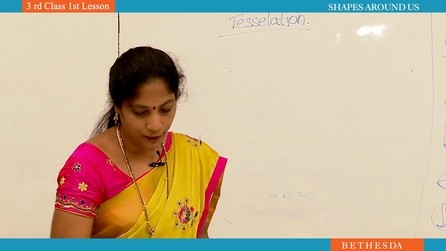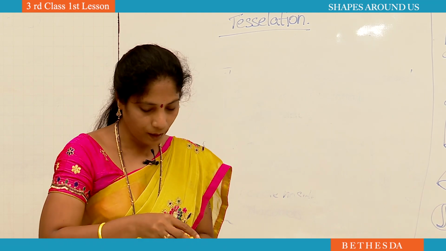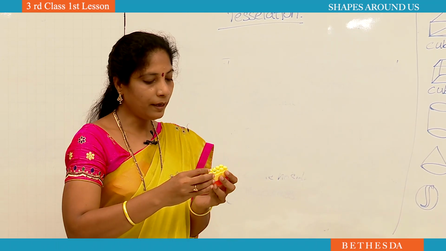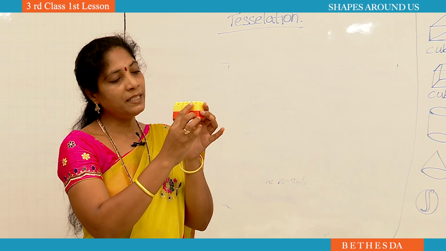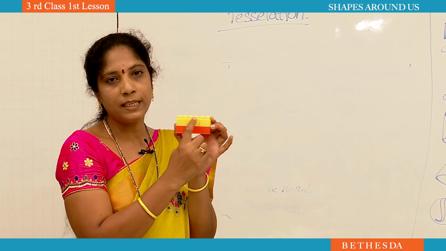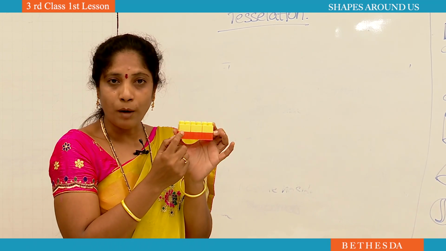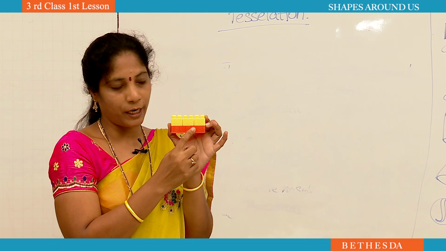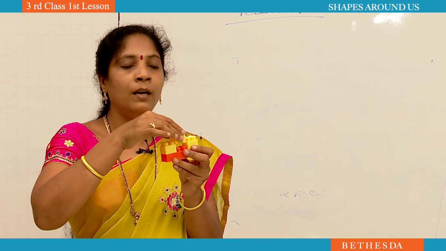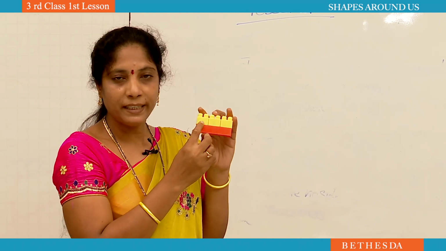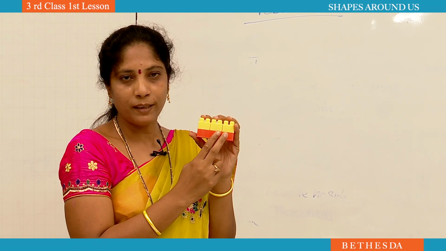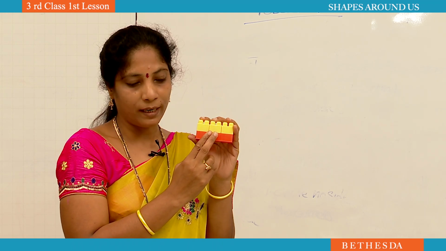Now I will make another shape. See here. Now I want to tessellate another shape. Here also it is tessellation only. I arrange the shapes without leaving gaps. That's why you can say this is also a tessellation shape. But to form this, I used two types of shapes. Here, one is the cuboid shape and the remaining three are cube shapes. To form this tessellation shape, I used two shapes. Okay, did you understand tessellation? I hope you all understand this.